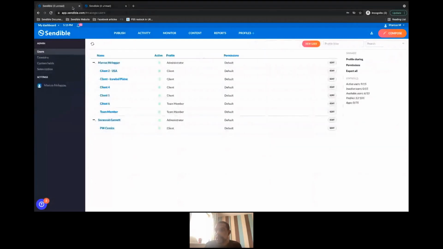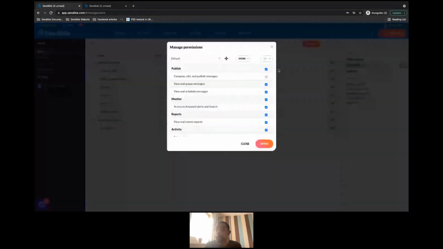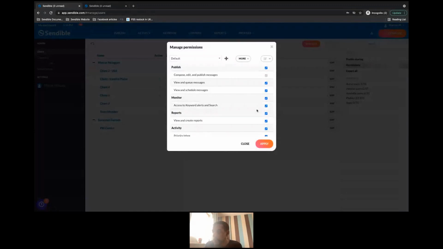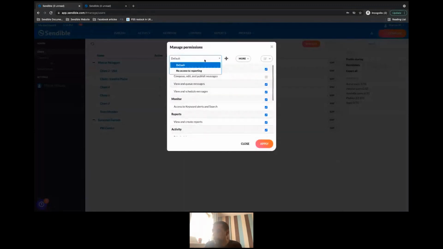Right. So let's go back into team member and assign them a permission group. Before I do that, let's open the permissions over here to see what groups we've got available. The first group is default, which gives me access to all areas of the platform. But I've already created a permission group called no access to reporting.